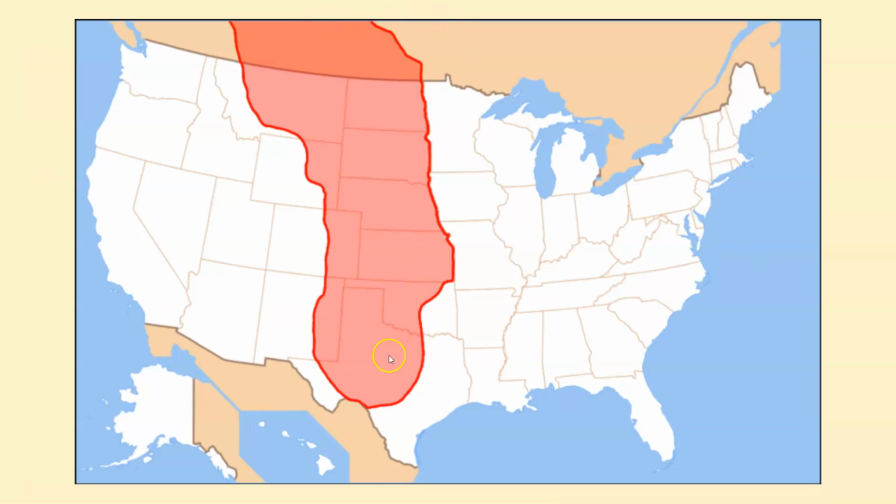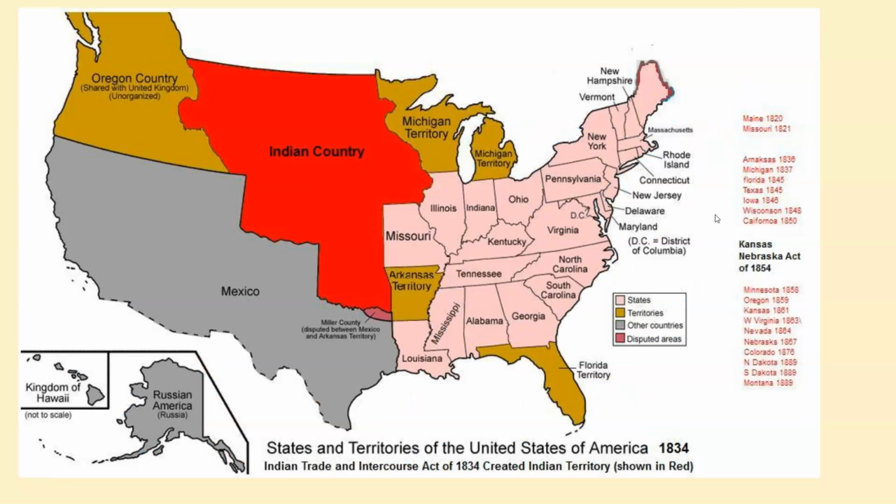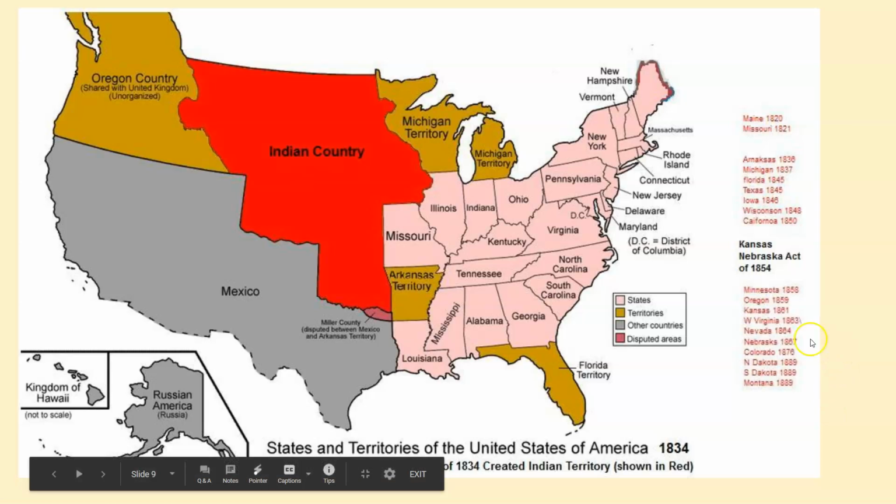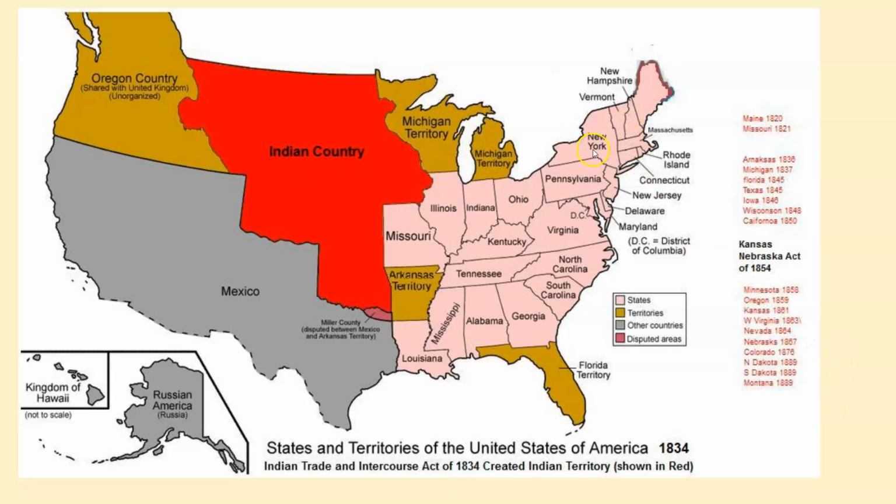So this is the Great Plains area: Texas, Oklahoma, Kansas, part of Colorado, Wyoming, definitely the Dakotas. That's all the Great Plains areas. So this is a map of this time. These are all established states, and then this was just called Indian country. There were no states developed yet.